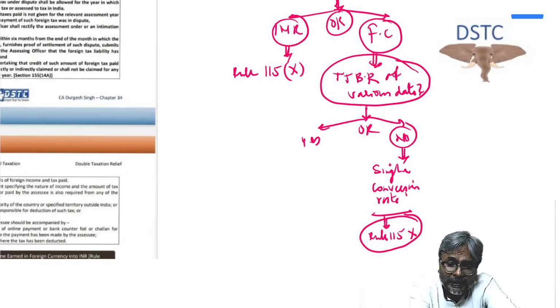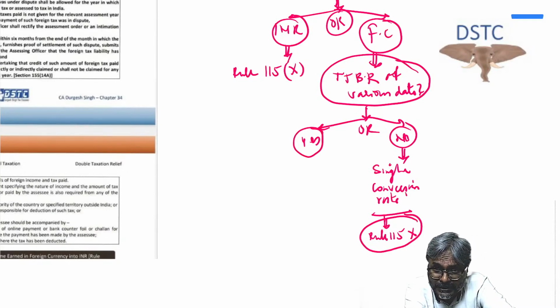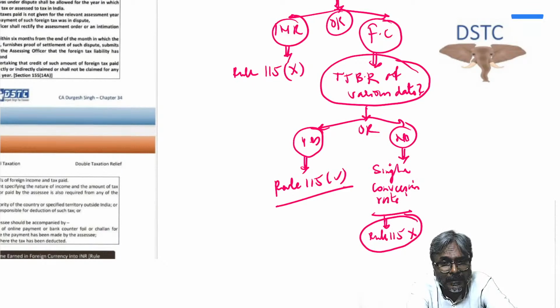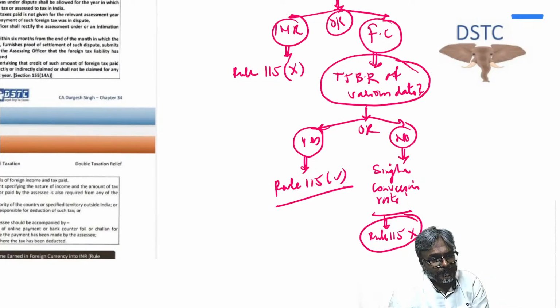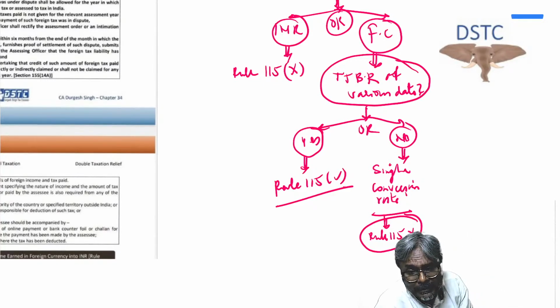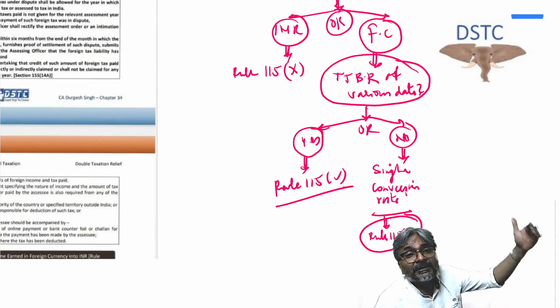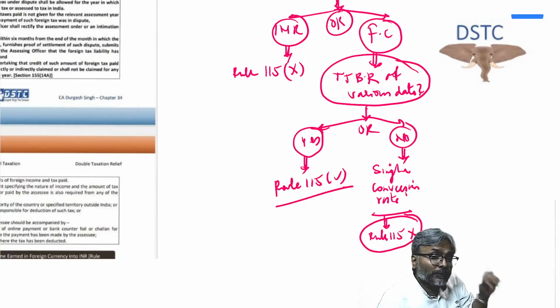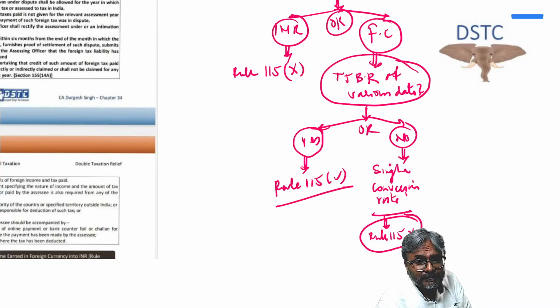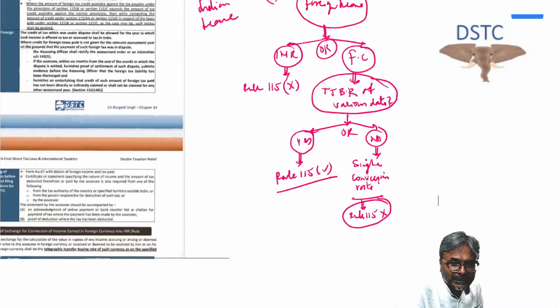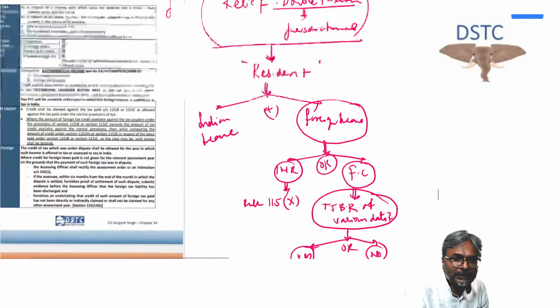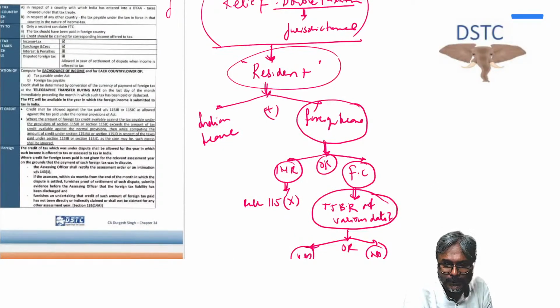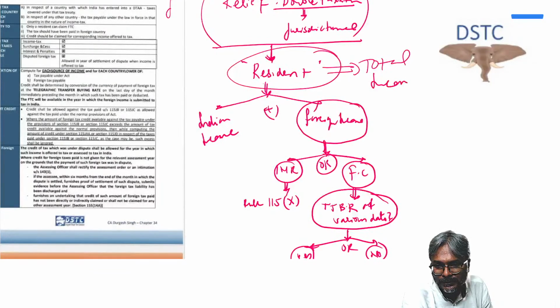So where is Rule 115, which I'm going to touch upon first, applicable? Rule 115 would be applicable when the foreign income has been given in foreign currency, and you have also been given various TT buying rates. So first and foremost, students, when you compute the total income of this resident, whenever the total income of this resident has to be computed,